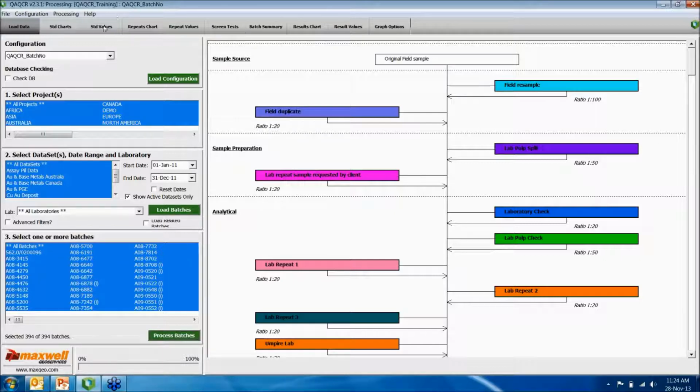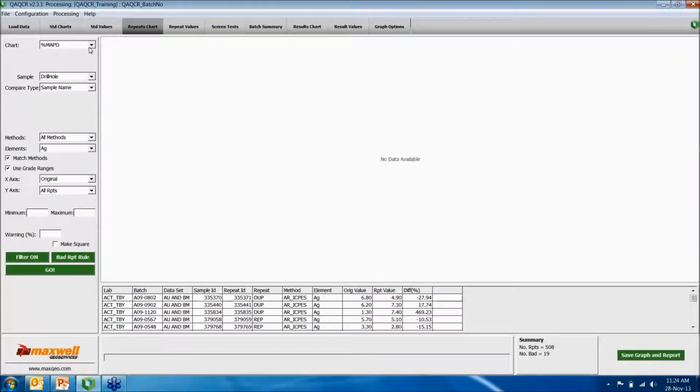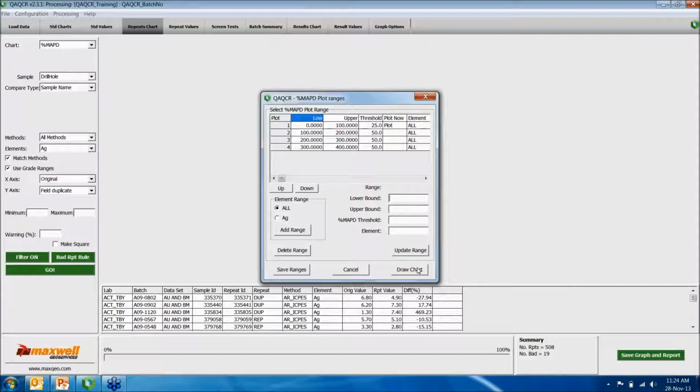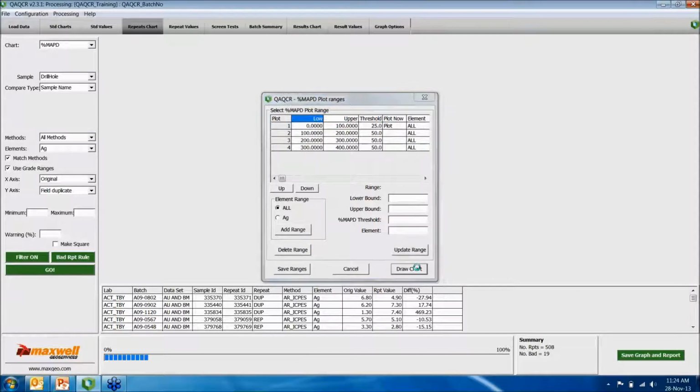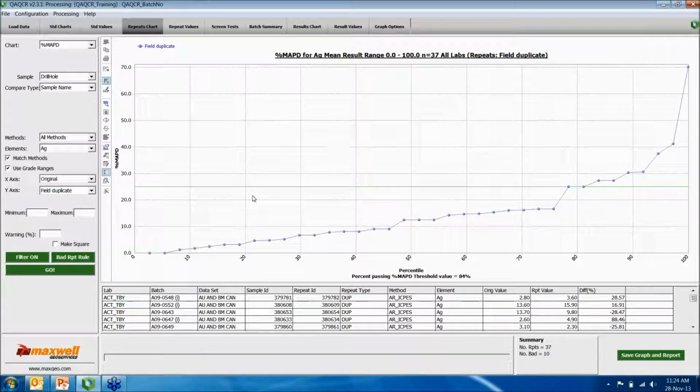And the next one is in the repeats chart. On the MAPD, it's going to plot the duplicate with this one. This is the MAPD chart for those of you who are new. This chart plots the percentile against the MAPD percentage. So this chart tells you that